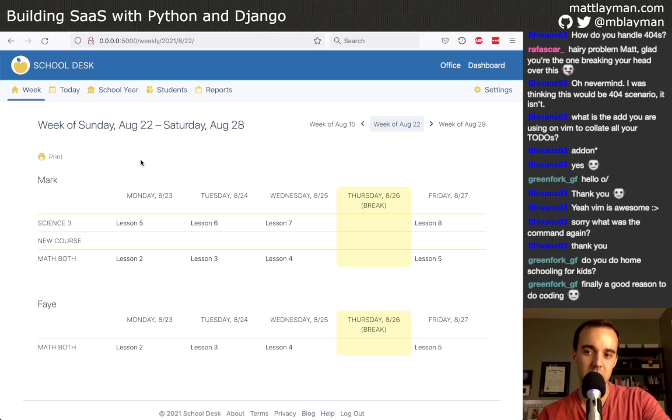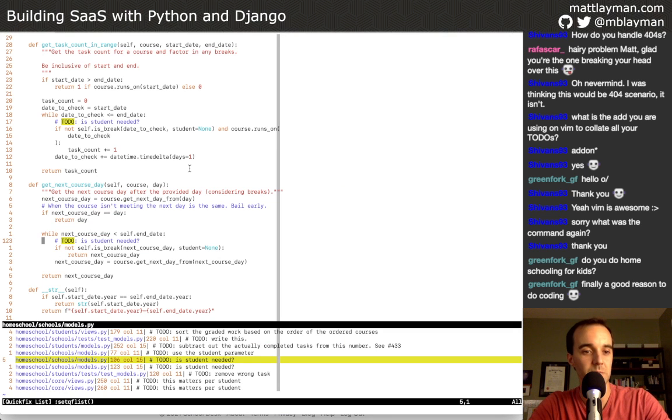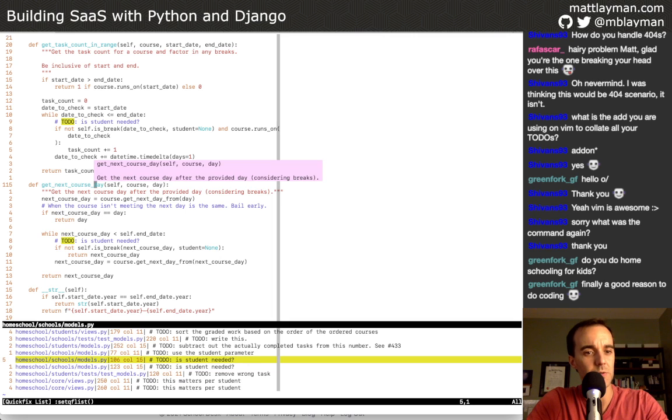Getting this right is the crown jewel of this application, because it is really hard to get this logic just so, and it's where all the work has gone. It's a really complicated method. Sadly, this method is one of those in that big scheduling calculator, and getting that course day is going to be important per student, so we need to factor in that student in this part. So let's go up the tree and see where this is used and when we can finally get access to the student.